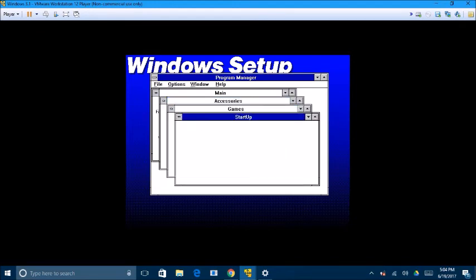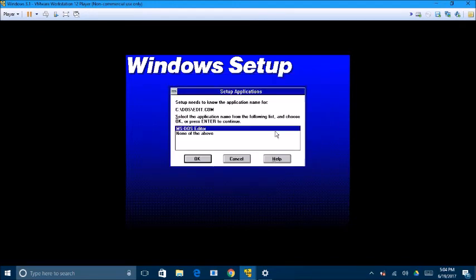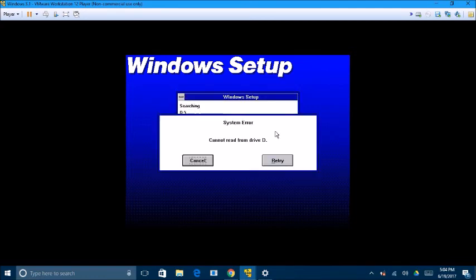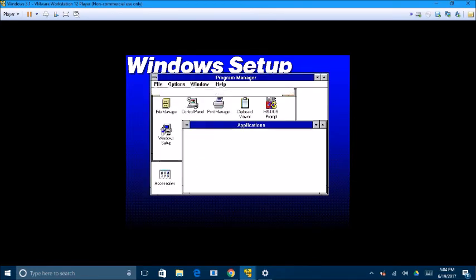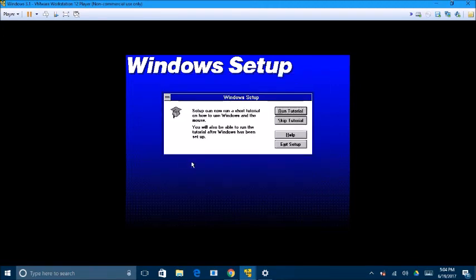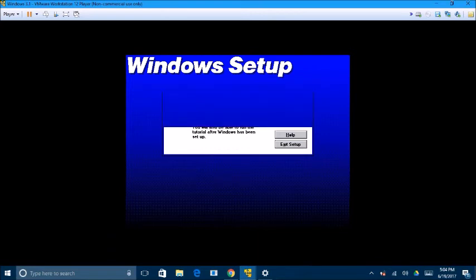This is not ready yet. It's just launching all of the things. So just click OK. Then when this comes up, just click cancel, and then just keep pressing it. Just a little glitch that I found. I don't know why it does that. And then now it's going to finish, and then you can just skip the tutorial,